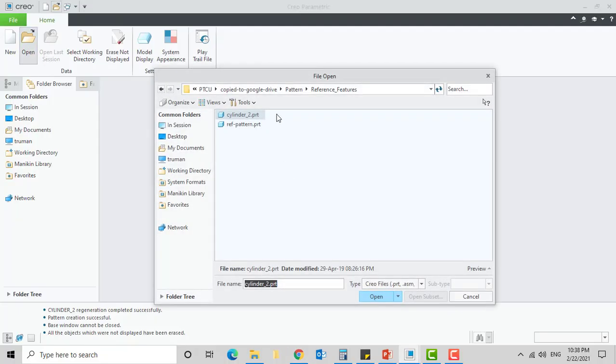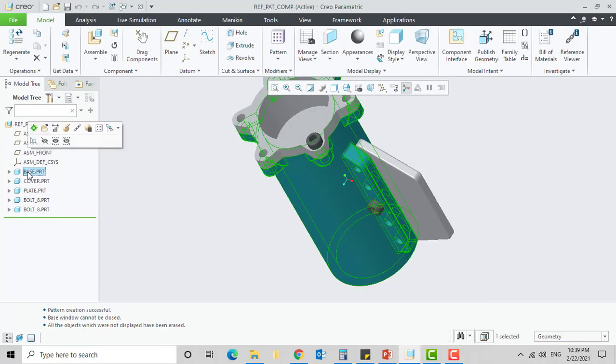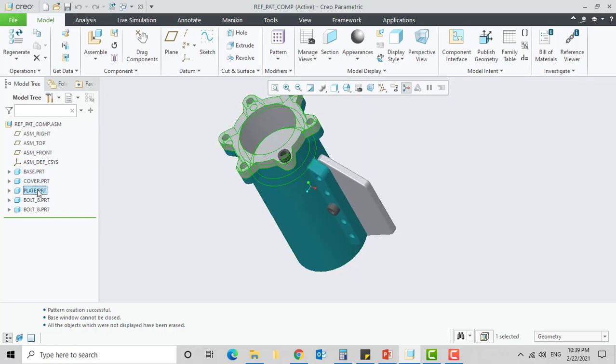Open reference_pat_component.asm assembly file from the startup directory pattern reference underscore components. In the model tree, select each component to highlight it in the graphics window.